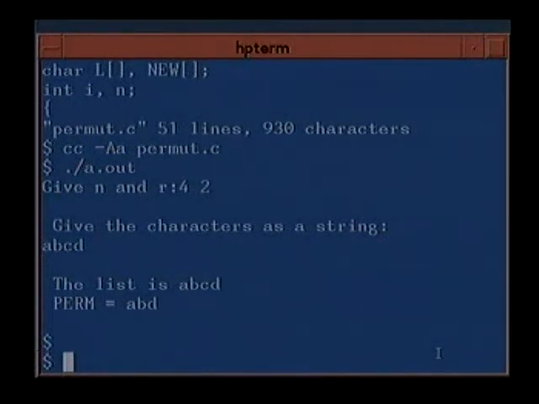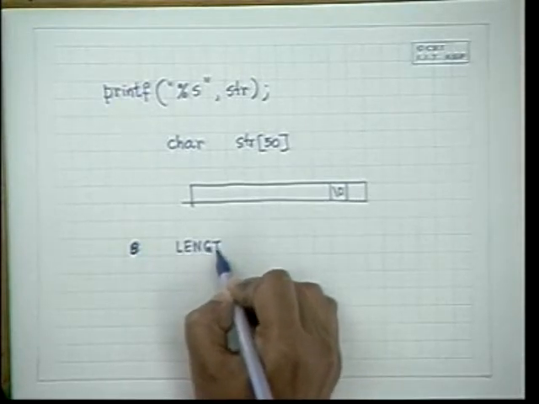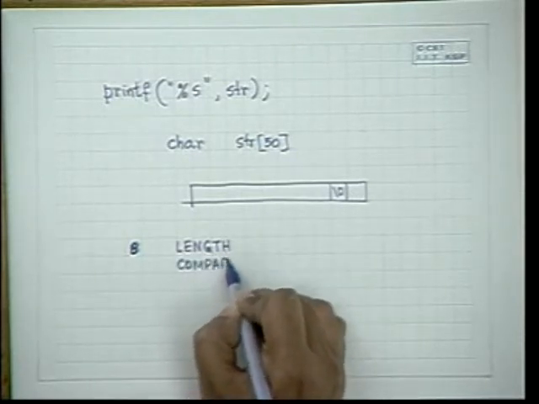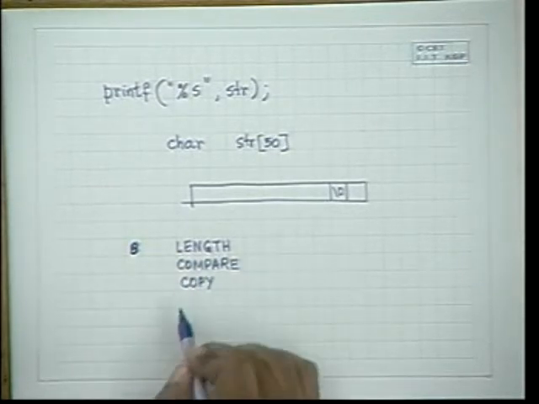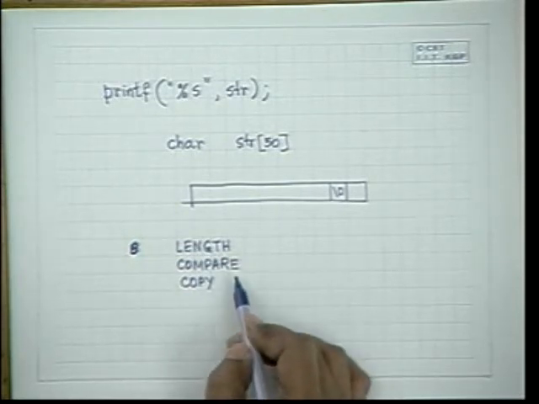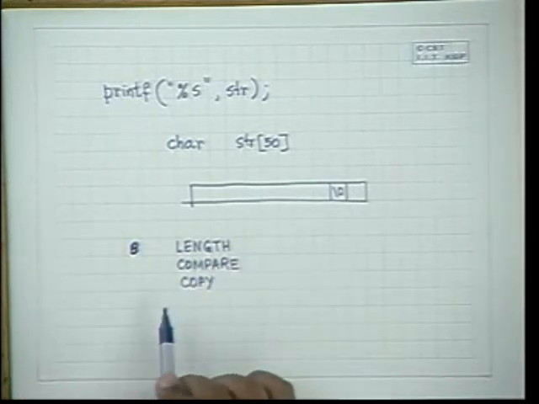There are several other string functions which are available from the library. There is a string library also, and there is a normal library, and you can find out things like the length of a string. You can compare strings, and you can copy strings, and you can duplicate. There is a string copy, there is a string compare, various types of string compare commands. There is a string length command. You can quickly have a look at the library to see what these commands are.